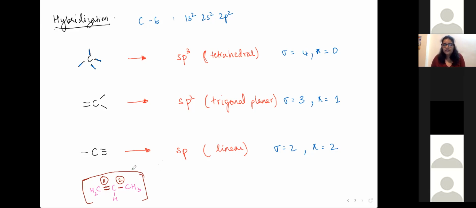But the primary thing is you need to look at which part is electron rich, which part has a lot of electrons, and which bond seems like it's going to break easily. So between the sigma and pi bonds, the pi bond is going to break easily, which is why knowing the hybridization and this chemistry behind it is important. So that's how you judge what kind of reaction is going to happen and